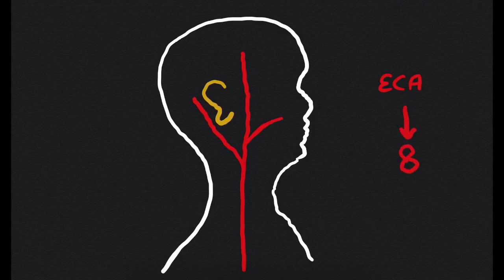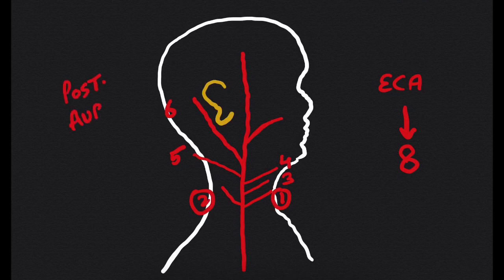It is supplied by the external carotid artery, which we can divide into 8 branches overall. So let's see all the branches. The first one, superior thyroid artery. Second one, ascending pharyngeal. Third one, lingual. Fourth one, facial artery. Fifth one, occipital artery. So see, superior thyroid, ascending pharyngeal, lingual, facial, occipital. And sixth one, posterior auricular. This is the important one for us because this is the one which will supply the pinna. Along with this, seventh is the maxillary and eighth is the superficial temporal.